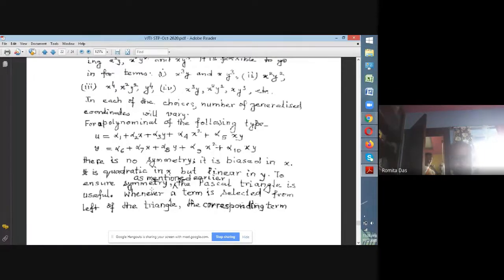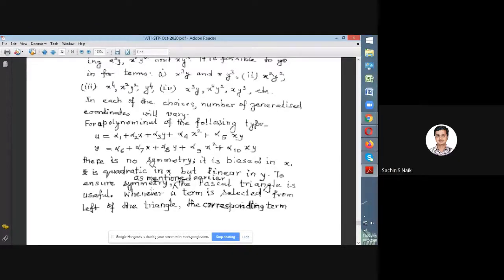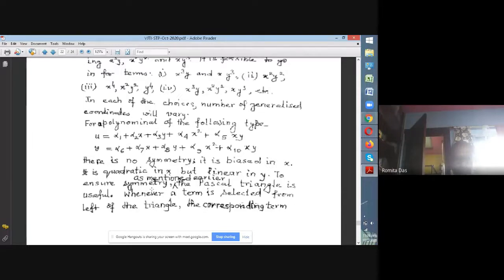What is the difficulty? Is it quadratic in the x direction? Yes, sir. What about the y direction? It is not. So that's how it is. In this case, you see, it is not symmetric. It is not ensuring symmetry. So therefore, it is not good. You must not actually have this sort of selection. It will misbehave.